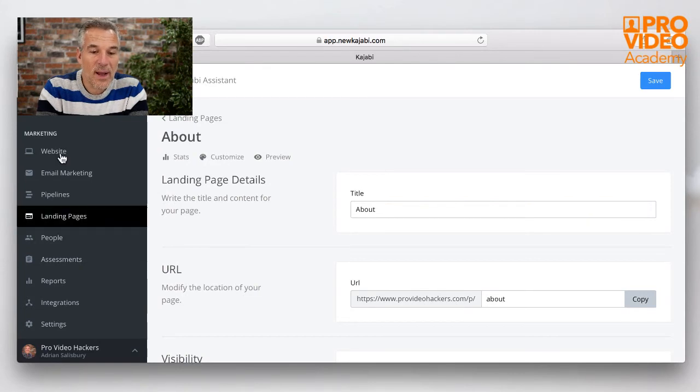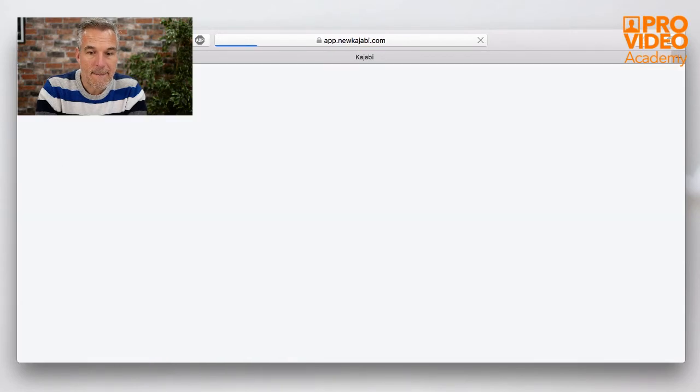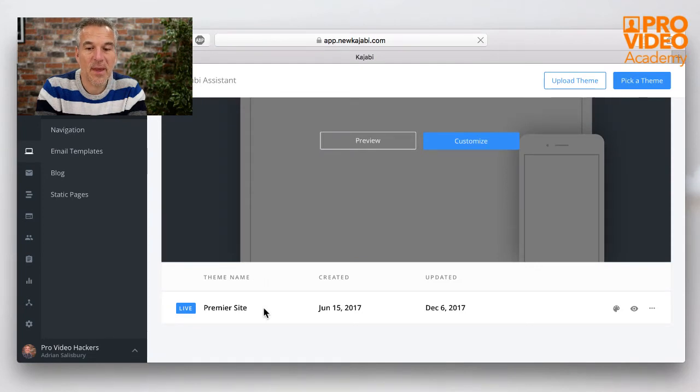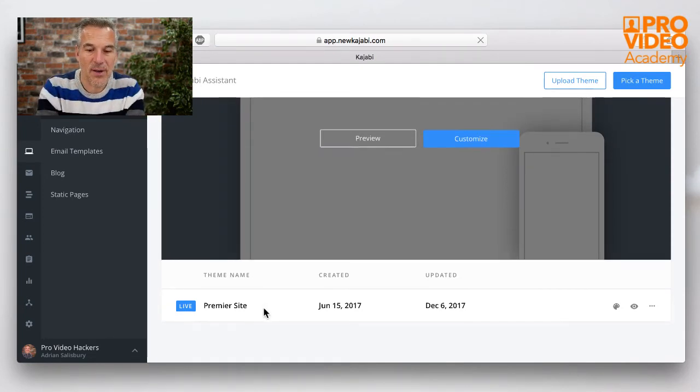So what else can I show you? Let me just show you back on that website page how the navigation then fits back in. So we chose the navigation over there. We set that up as its own thing.